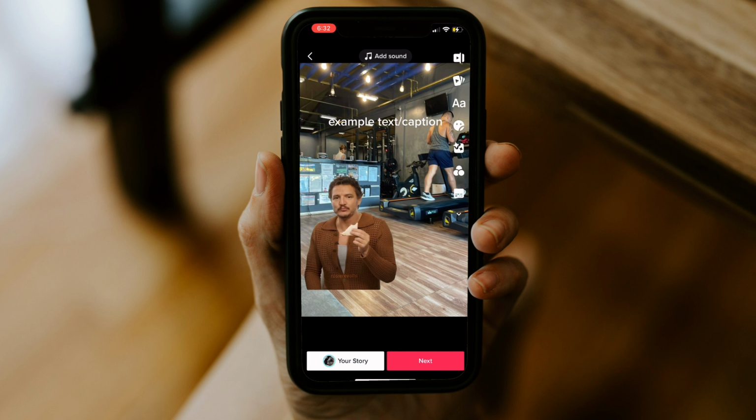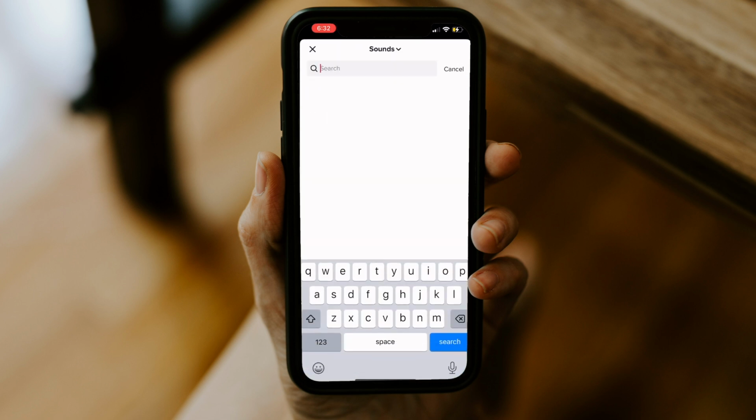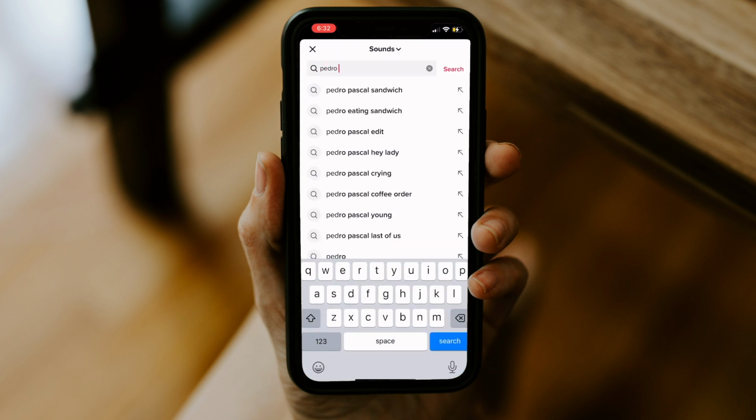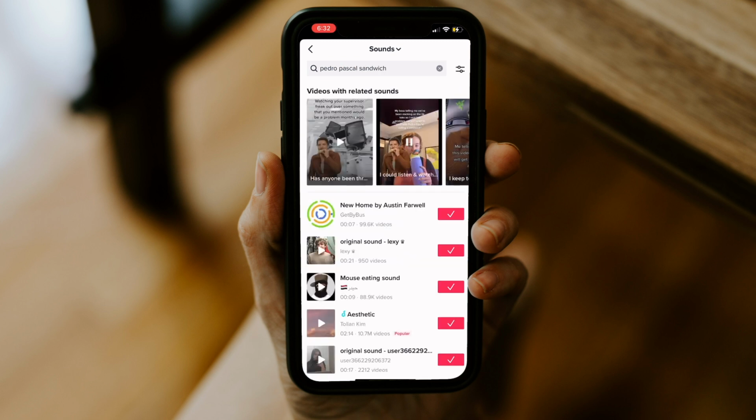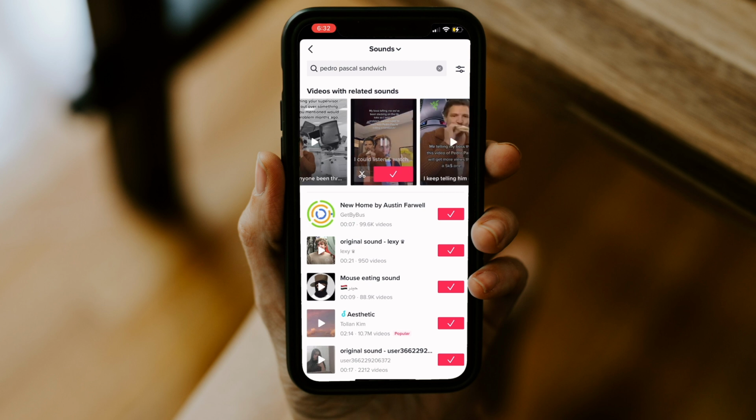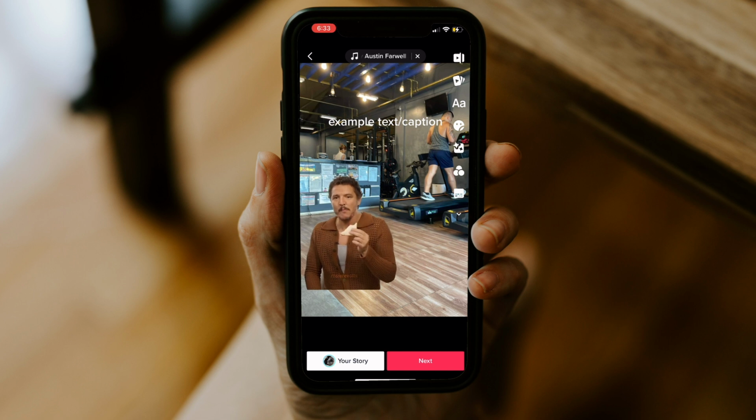And if you want to put a sound as well, click the add sound on the top and then click the search icon and just search for the same thing, which is the Pedro Pascal eating sandwich, and just find the one that you like. Here I like this one, so I'm gonna click it and click the check icon or button, and there you go. You have made your Pedro